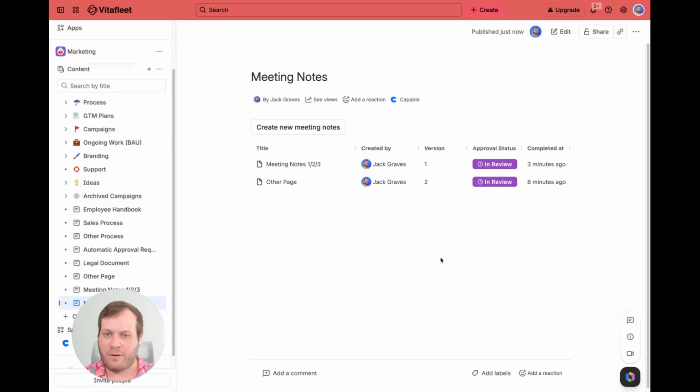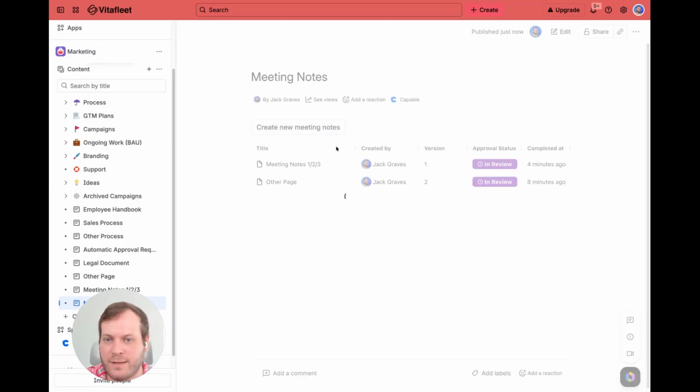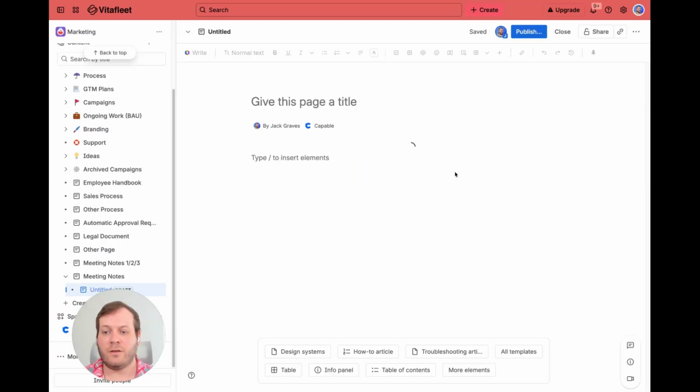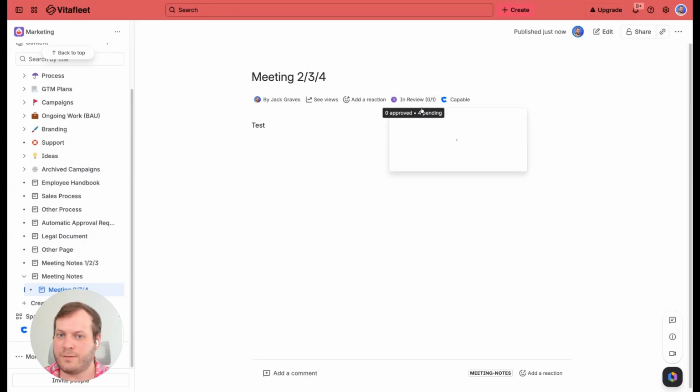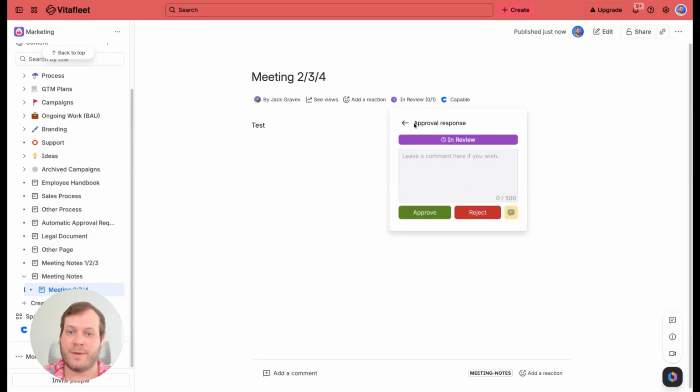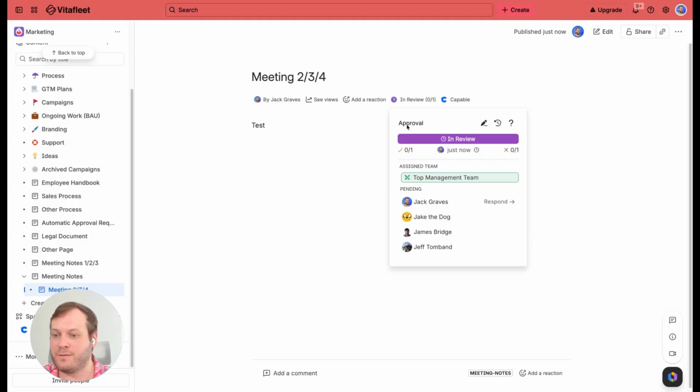So let's give it a go. If we click create new meeting notes here, you can see it's created a page underneath the page that we clicked the button on. And this allows us to insert all of our meeting notes and click publish. And as you can see, the approval has automatically been assigned and the requests have automatically been sent. So you could ask everyone in the meeting to, for example, provide their feedback on how they think the meeting